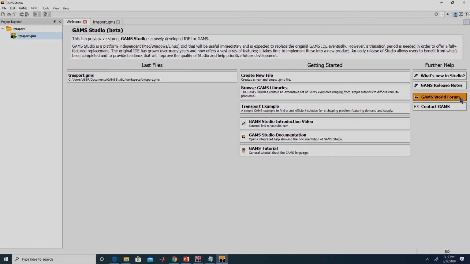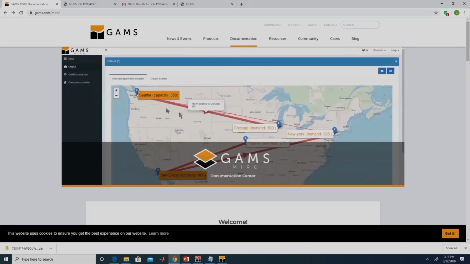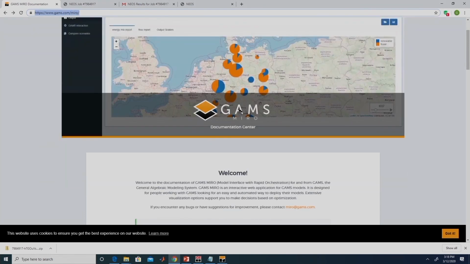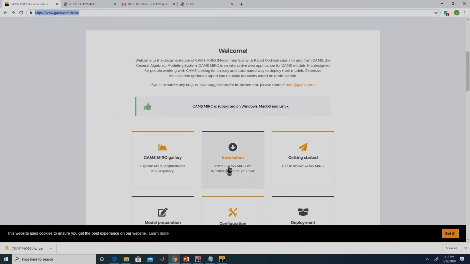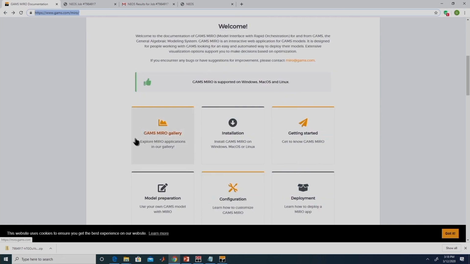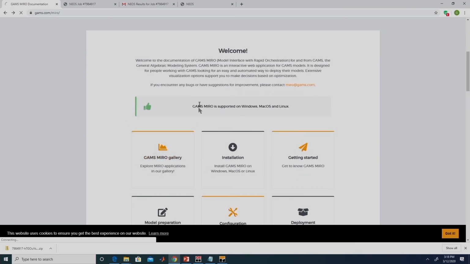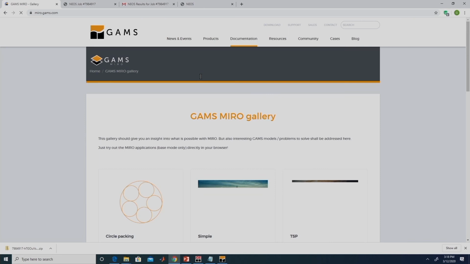You can also visit this GAMS World Forum to interact with the user community. So, here you will see something called Miro, and by default it would be disabled if you are working with a demo license. So, you can have a look at it over here, gams.com/Miro. For GAMS Miro, you need to have an additional license. Over here a large number of examples are already given. Let us look at a couple of examples which they already have.